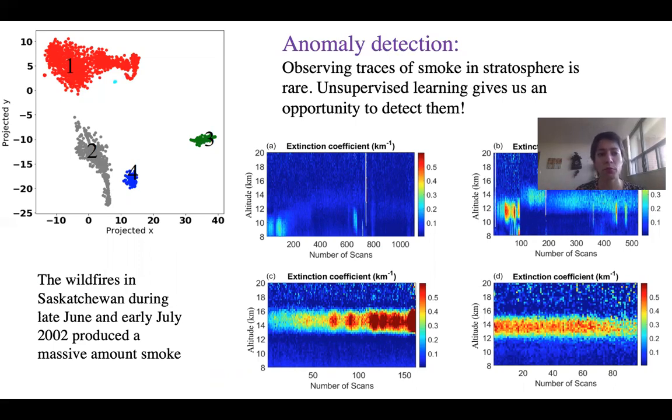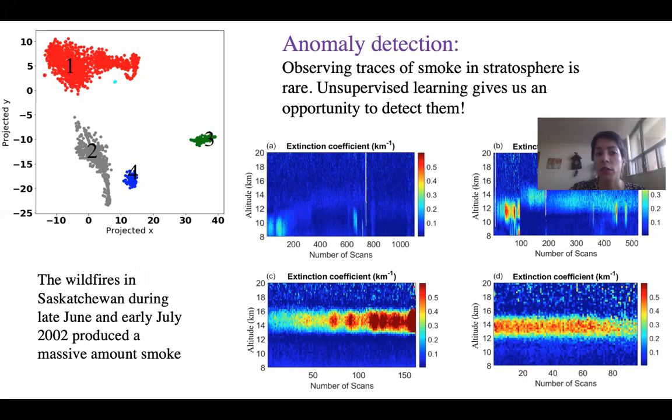We might see aerosols or smoke at higher altitudes in the stratosphere, which starts at about 11 to 12 kilometers in London, when we have wildfires. So, for example, during the wildfires of Saskatchewan in late June and early July of 2002, we detected these